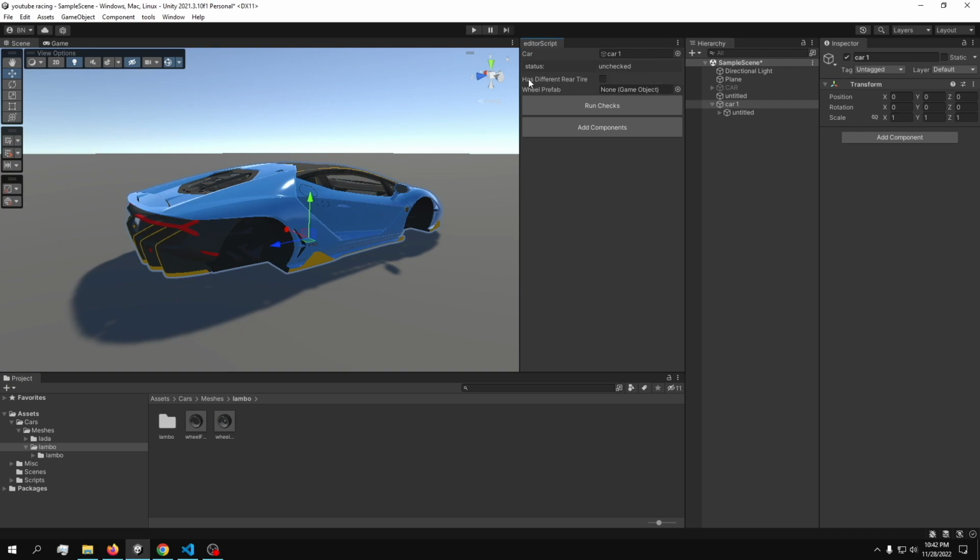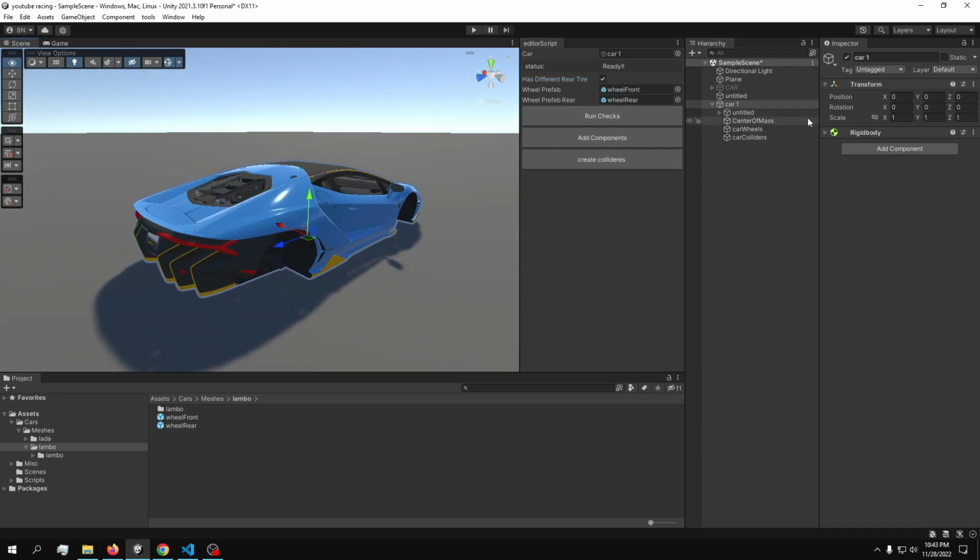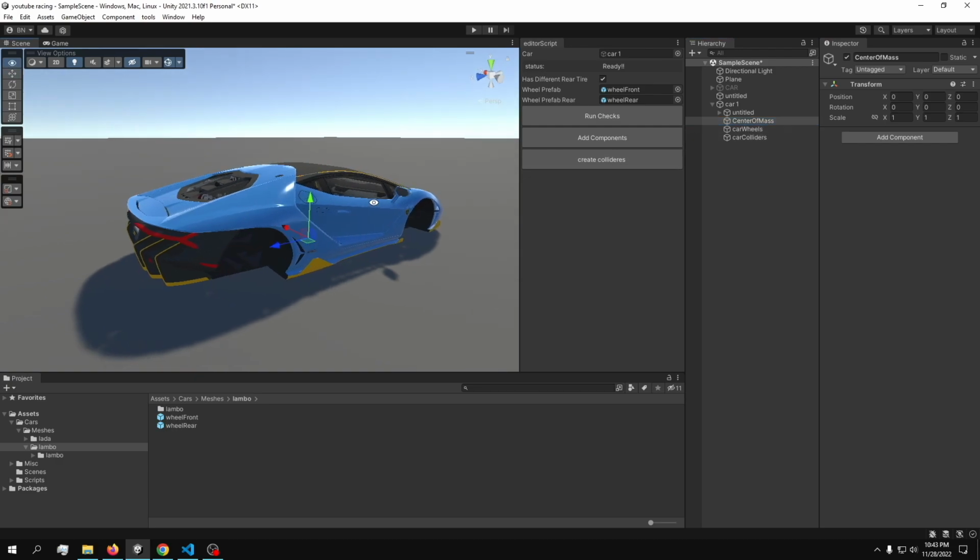Then what I'm going to do is take this, it has a different rear tire. So we conveniently made two prefabs, and you just drag them and drop them. So wheel prefab is for the front wheel, wheel prefab rear is obviously for the rear wheels. So what I'm going to do is just run the checks, and this is going to show me that the car is ready. So what it did is it added a component of rigid body,